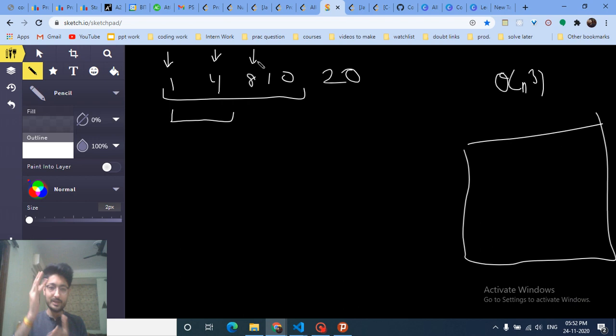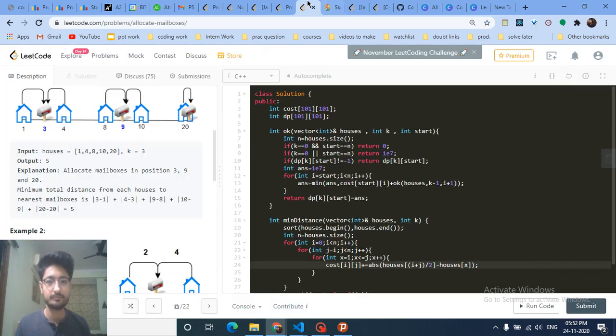So for every point I have the state in which, if I stop my previous interval at this point, then at the current point I start a new interval, and the number of post places we have to put decreases by 1. And that's the whole logic for this problem. I'll show you the code and then I'll draw some test cases to make it even more clear.